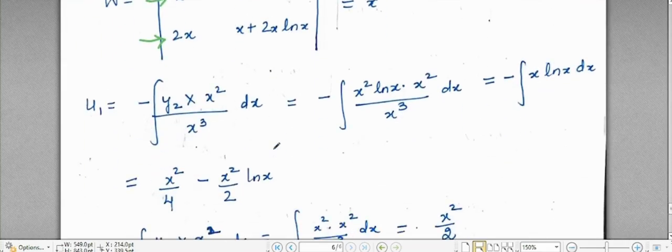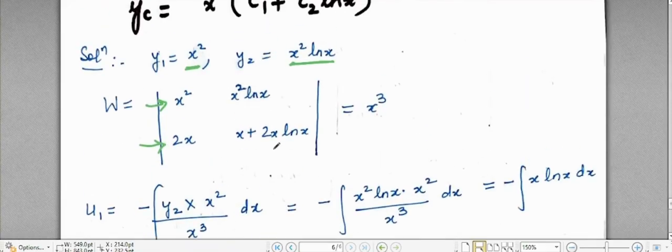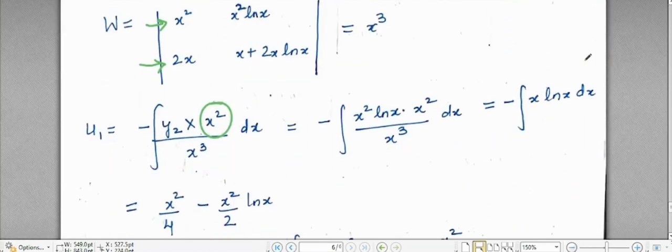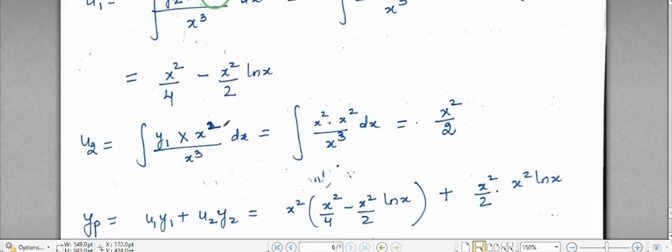Now you have u1 is minus integral y2 into right hand side. Again, this needs to be taken with caution. It's not that x to the power 4 is your fx here. It's not the right hand side because the standard form says it has to be y double dash here. So you will divide by x square, make it y double dash, and then decide your fx. So fx becomes x4 by x square, which is x square. So you can see that x square has been taken here as the right hand side in both the integrals,